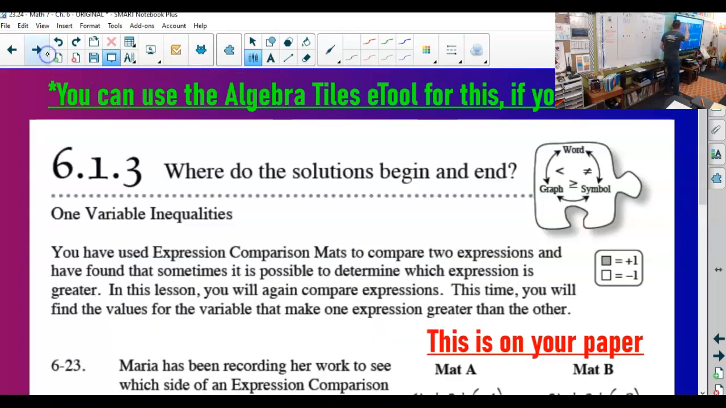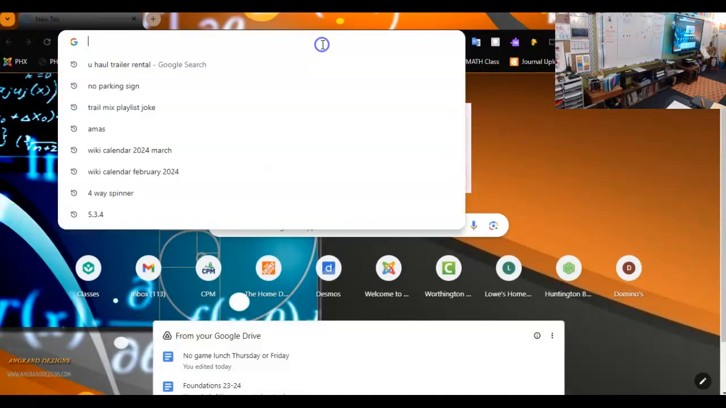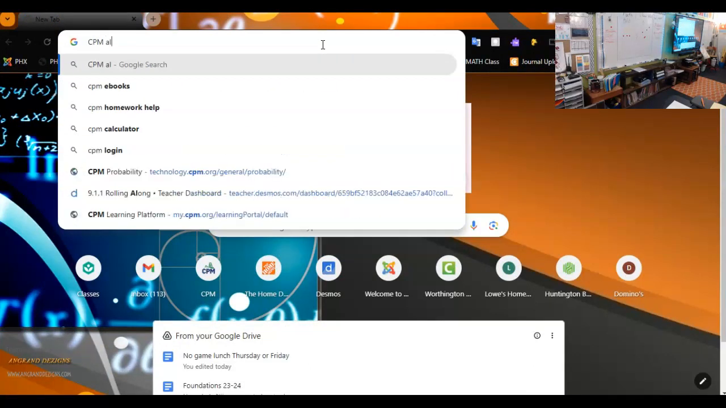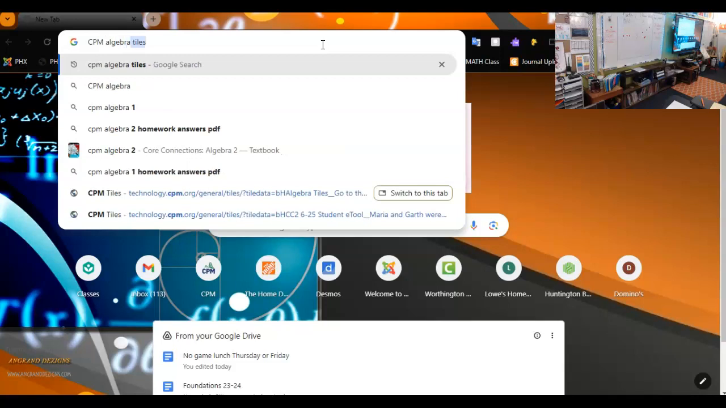Okay. This, you can use the E tool. I just want to show you guys this in case you're trying to do this when you're doing your homework. If you search CPM algebra tiles,